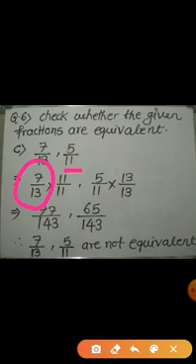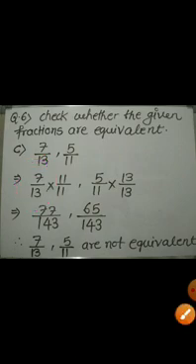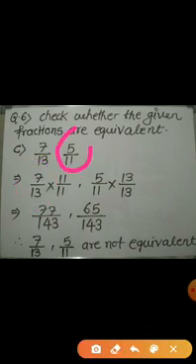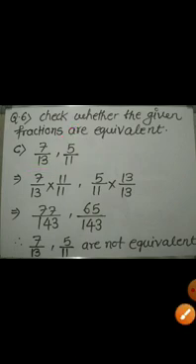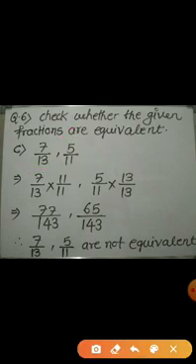by the number which is given in the denominator of the second fraction. And we multiply the second fraction by the denominator of the first fraction, right? So after solving, you will get the same denominator, but the numerator will be different, right? It means 7 by 13 and 5 by 11, again they are not equivalent.